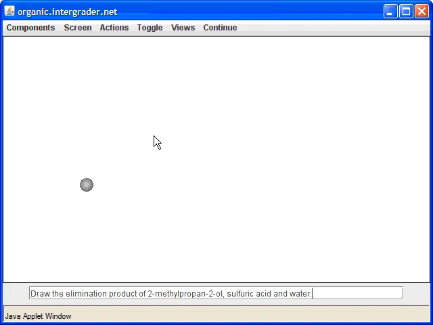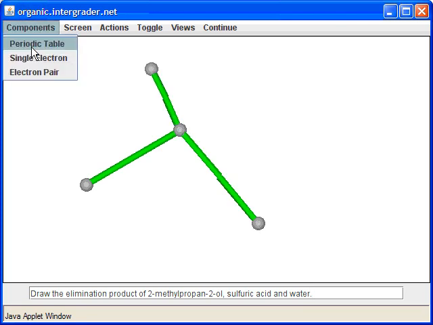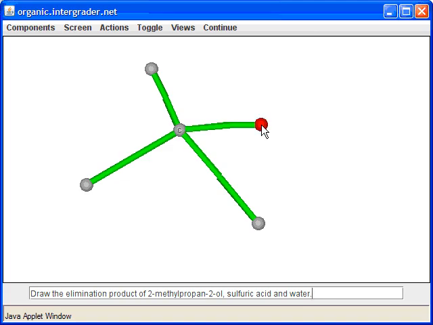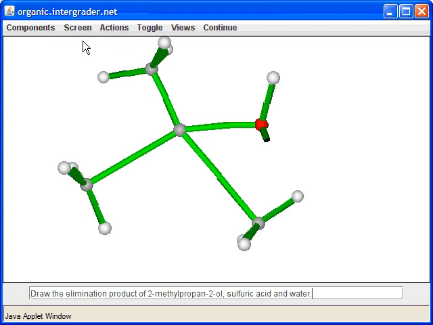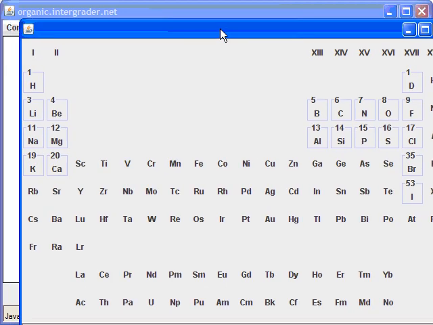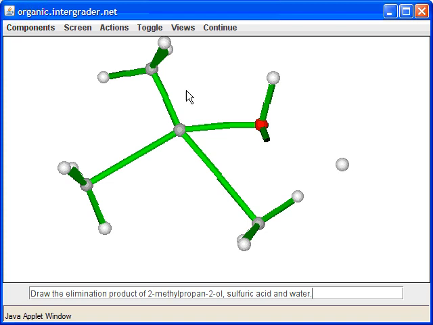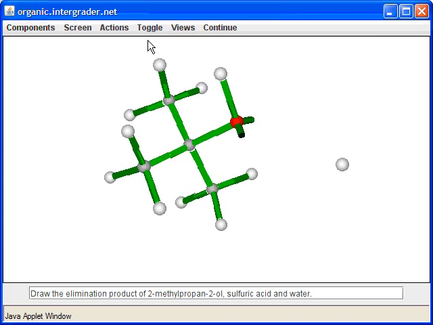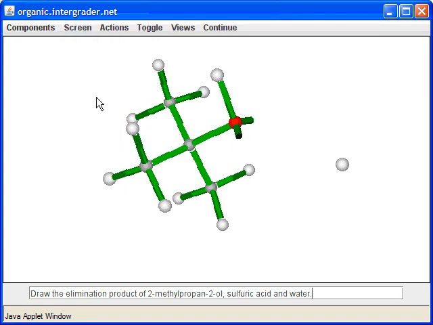Okay, now we have another alcohol, and in this case it's actually a tertiary alcohol. So we'll do the same thing as in the other reactions. We'll go ahead and add a proton. Once we do this, let's connect the electrons from here to the oxygen, and we'll hit arrange.